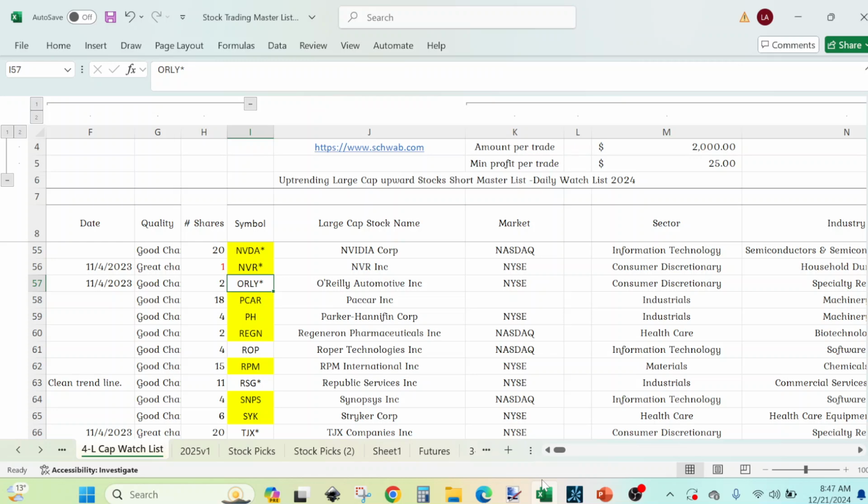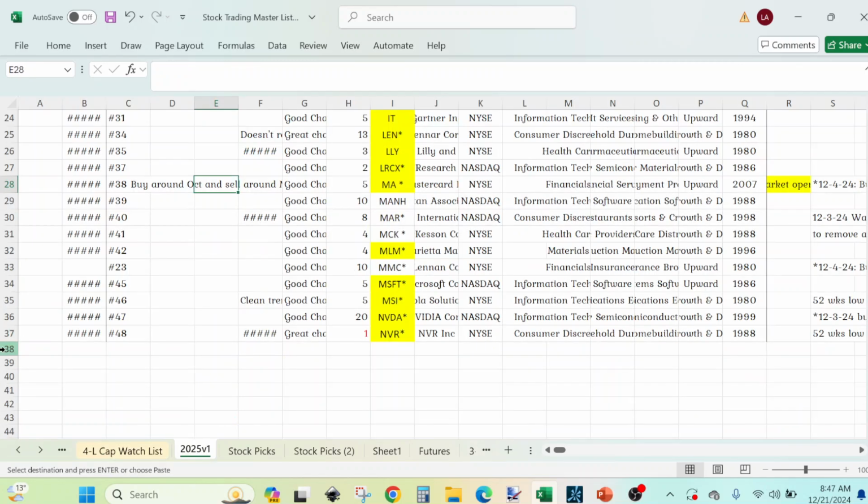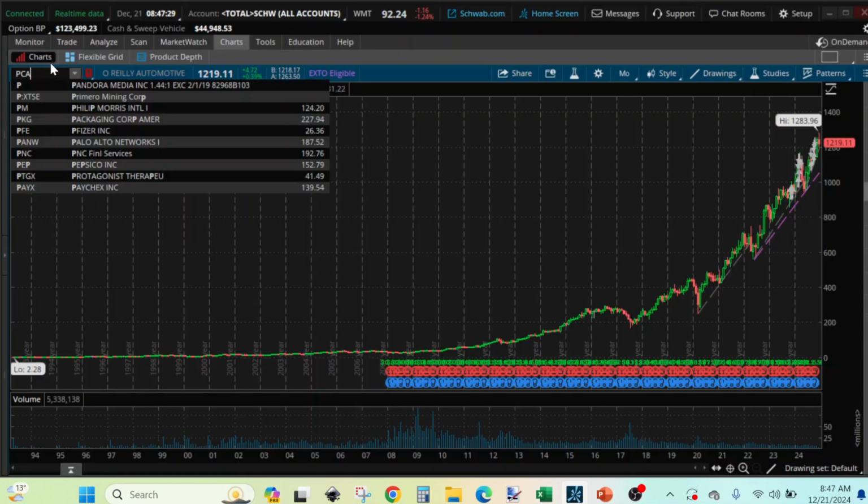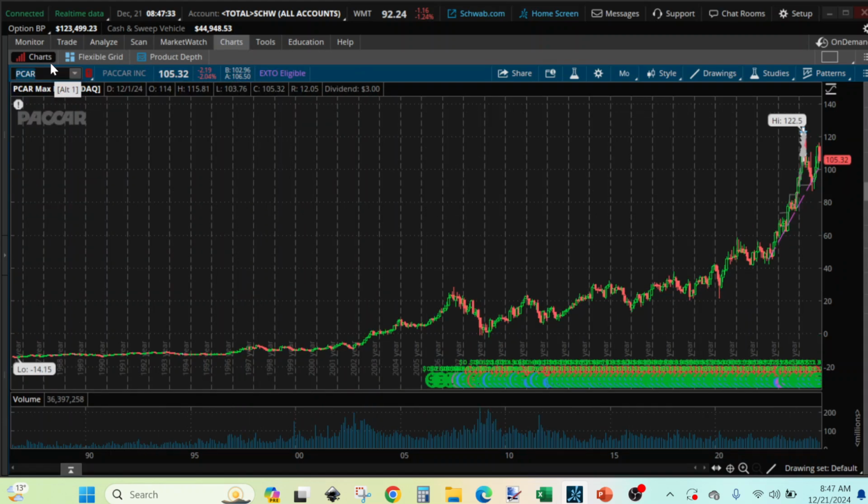So when creating a watch list for the new year, if you have an existing watch list that you like some stocks from, you can keep those stocks, take out the ones that you do not want to continue trading, and see if you want to add more to create a new list for the new year. Just have a good number that you'll be able to analyze daily and find something to trade often. So here is the price here,